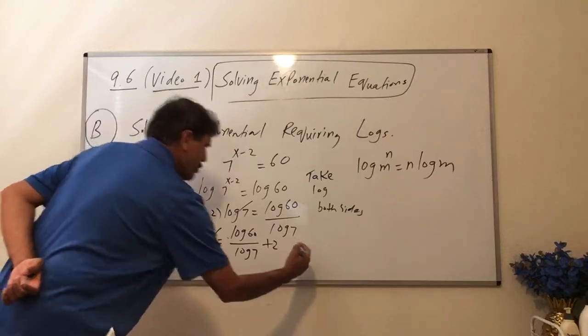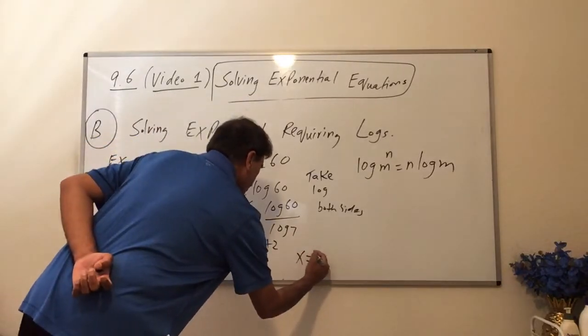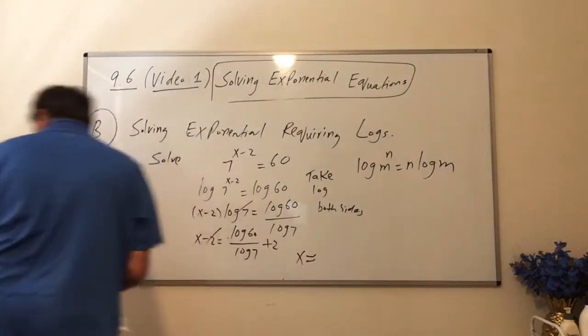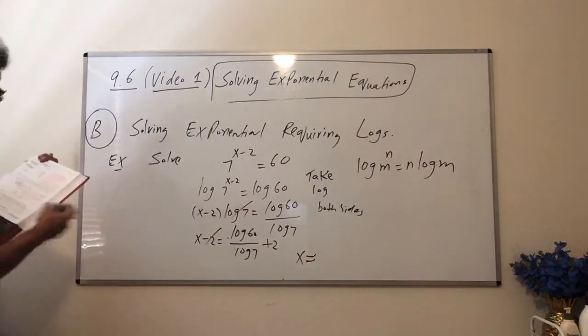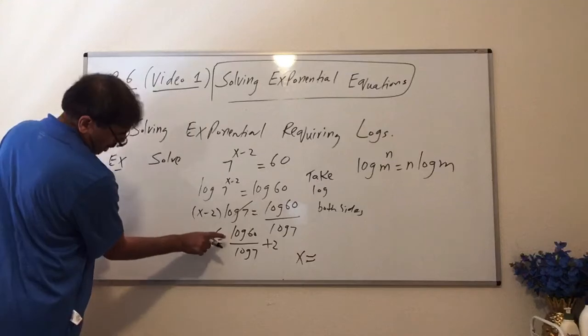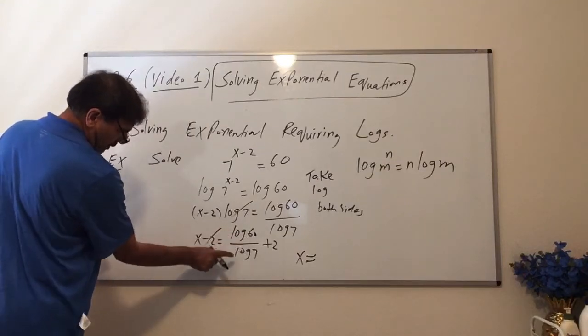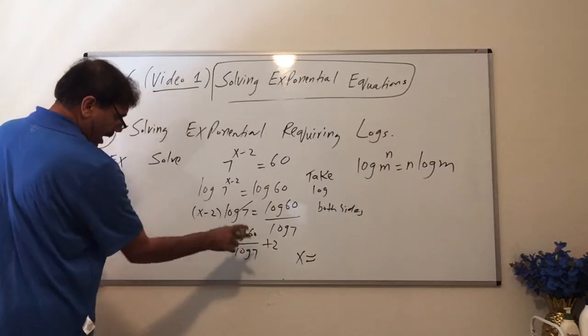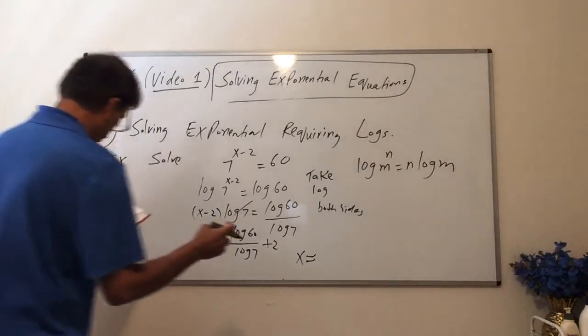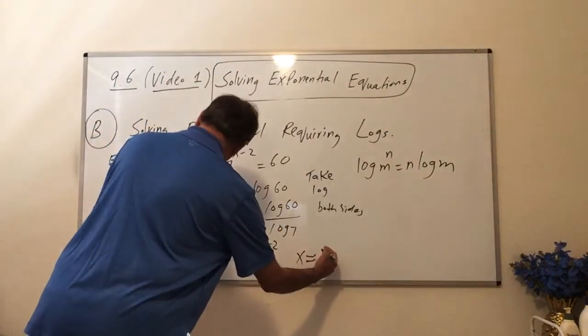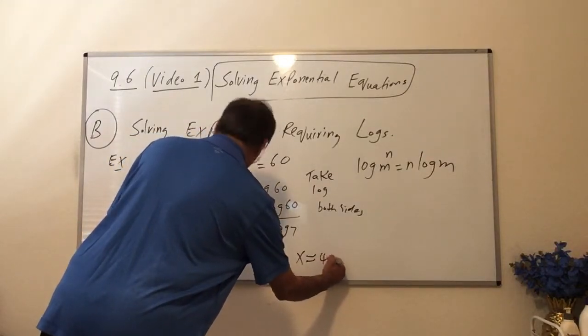Now when you use your calculator, go log 60 divided by log 7, and whatever the answer is, add 2. He's keeping the 4th place value, so